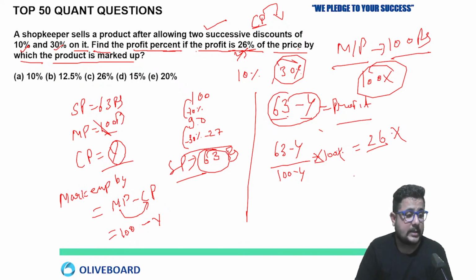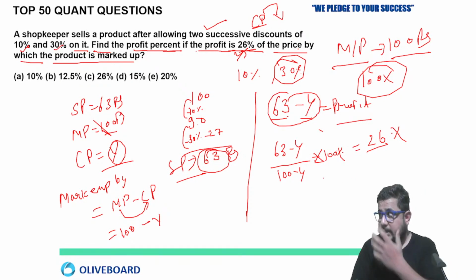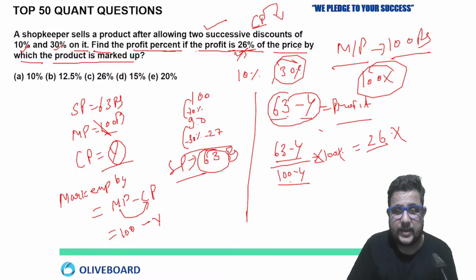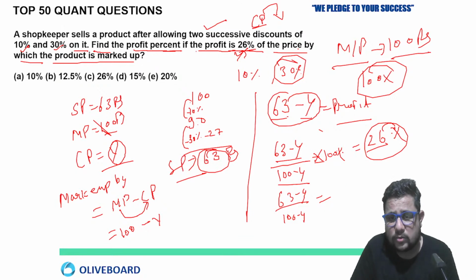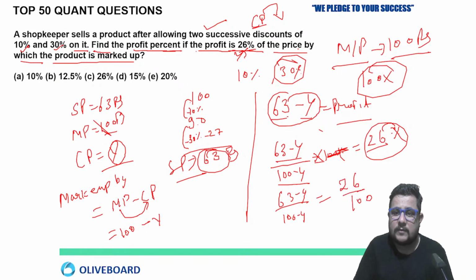Just take it as what? 63 minus y, 100 minus y. Okay, so this is going to be a ratio of what? Get the given thing. Now you can say 63 minus y upon 100 minus y equal to 26%, right? So take it in the fraction form also. I am removing this percentage, 100%. By this also it can be done, because it will be 26 by 100 only. By solving, you will transfer this 100 here. So this will become 13 by 50. Just solve it now.